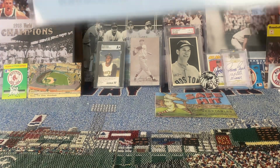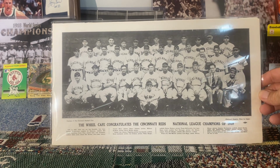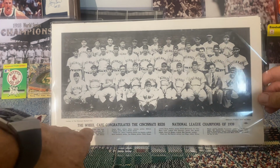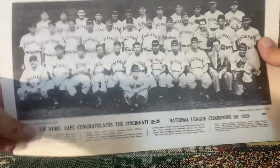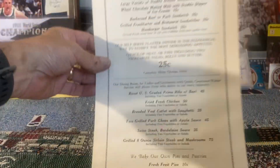Next up, I got another pretty cool piece here. This is the 1939 National League champions, Cincinnati Reds. Now what's really cool about this is it says the Wheel Cafe congratulates the Cincinnati Reds. So I'm going to take it out of here and give you guys a better look. What this actually is, is a menu from the Wheel Cafe. So when you flip it over, you can see here,